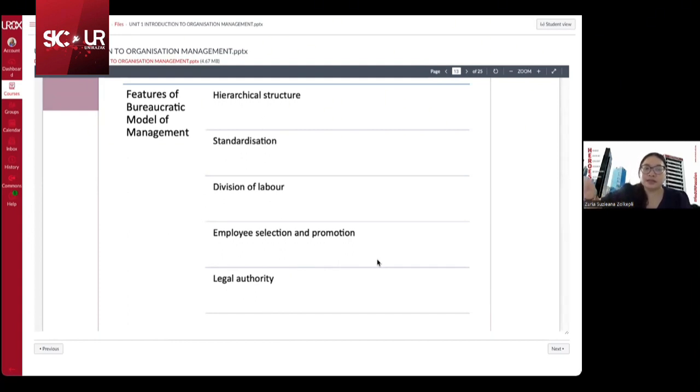And then in terms of standardization, so less flexibility here. Okay, standardization, everything is the way it is, but we can see, right, some of the changes nowadays, even in government office. Okay, I'm not saying about before this, maybe everything must be you come to the office, they will take everything, copy IC or whatever. But now they have made it a little bit flexible where they provide online service. Okay, one of the examples.